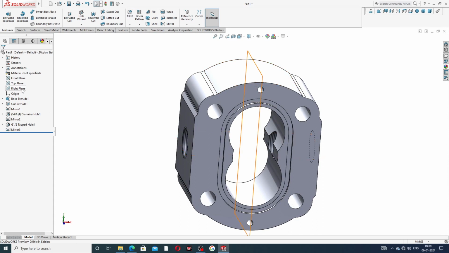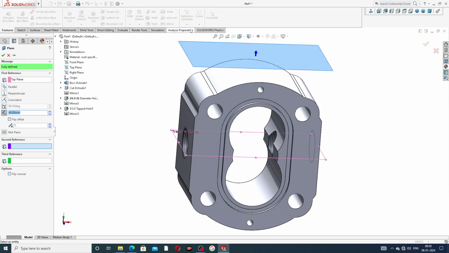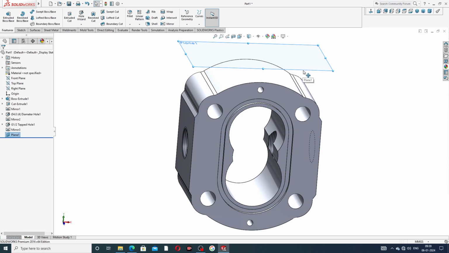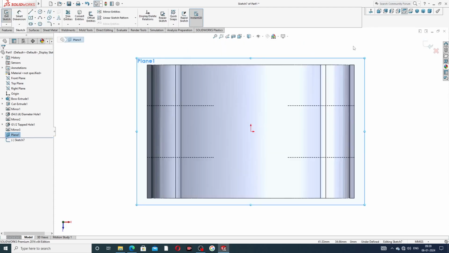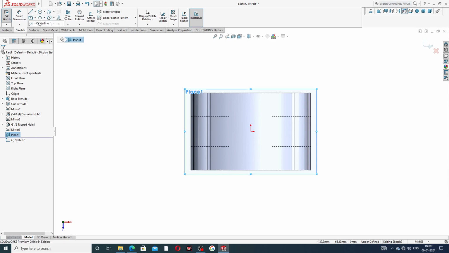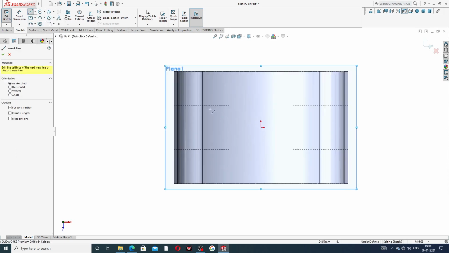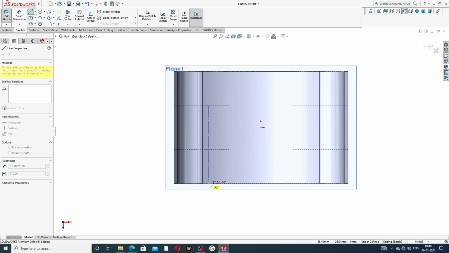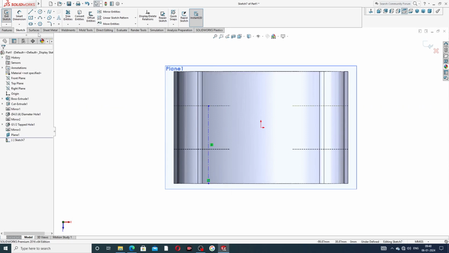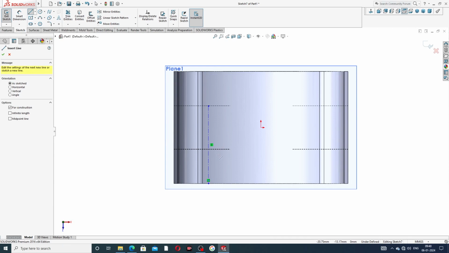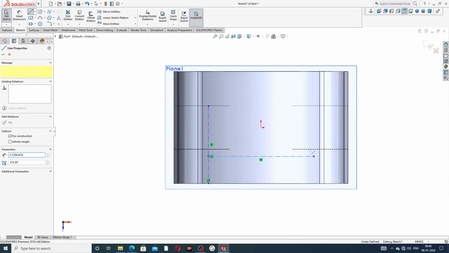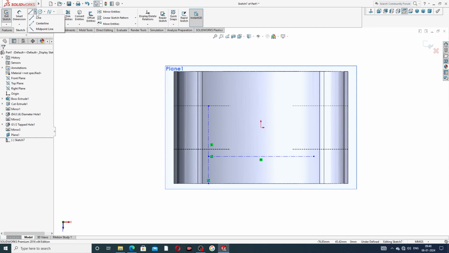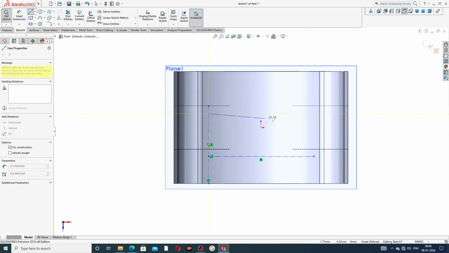And at first select the top plane and use a plane offset; this 60 millimeter is perfect, and click OK. And on this plane, Sketch Normal, and select the center line and draw these two lines. First this, and second also this to this,